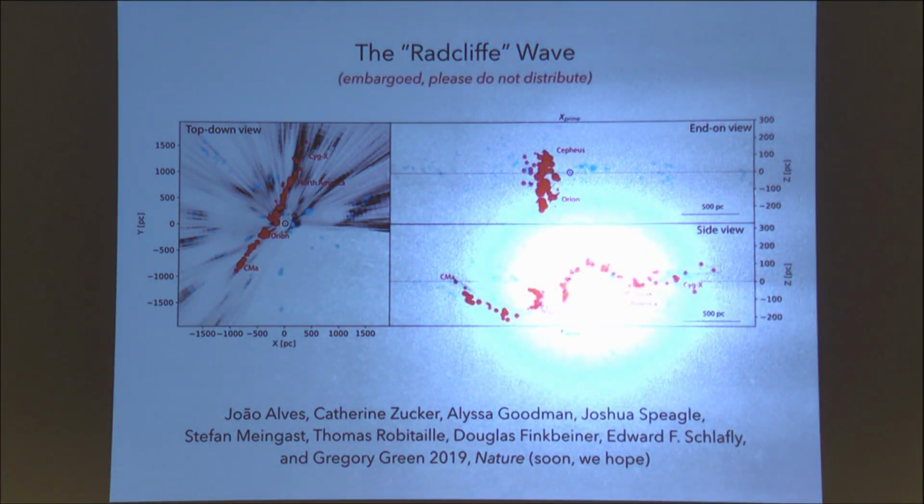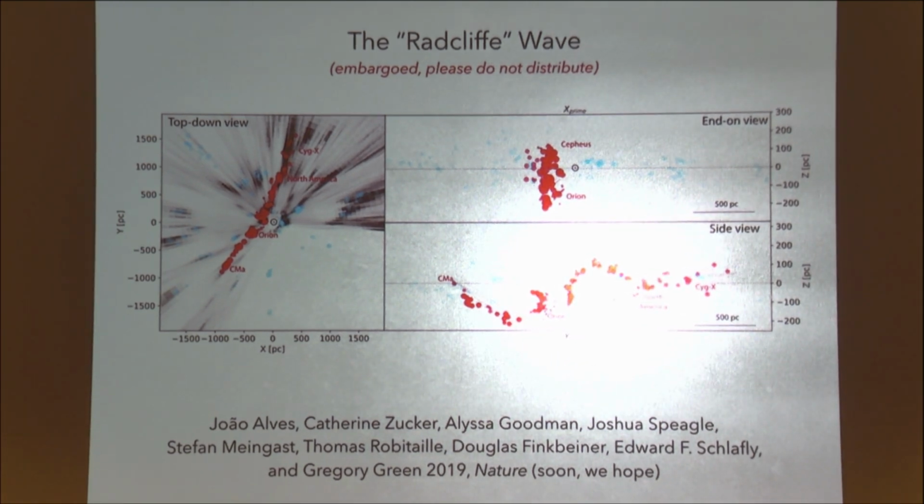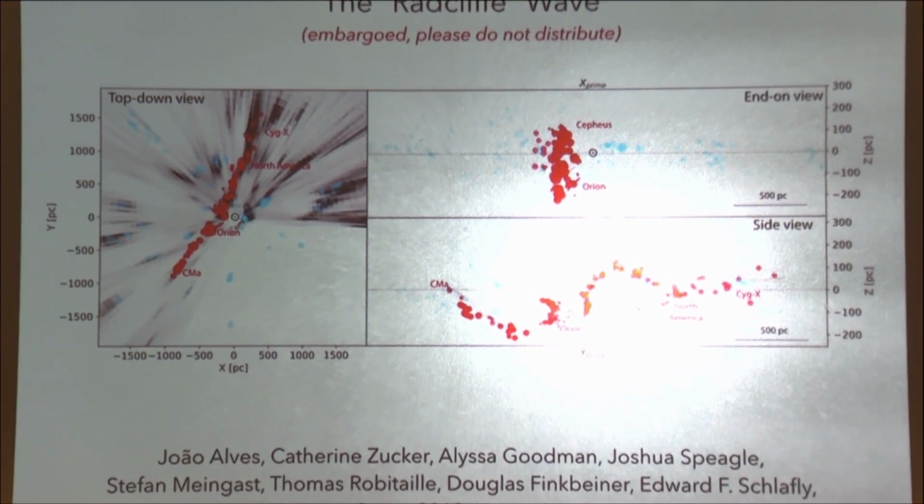Okay, so I showed you this picture, and I explained it just a little bit, but I want to point out the scale bar here, so that's 500 parsecs. Okay, so it's like almost a kiloparsec. No, that shouldn't say 500 parsecs. Oh, 500 parsecs, right, sorry, that's correct. Not a kiloparsec, this is almost 3 kiloparsecs across that box.